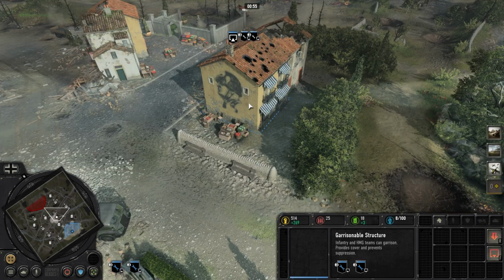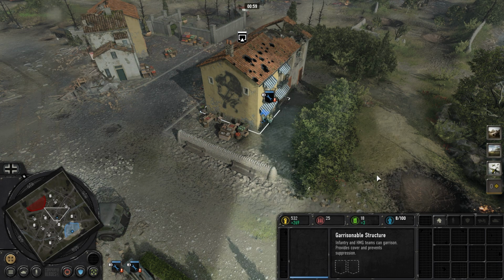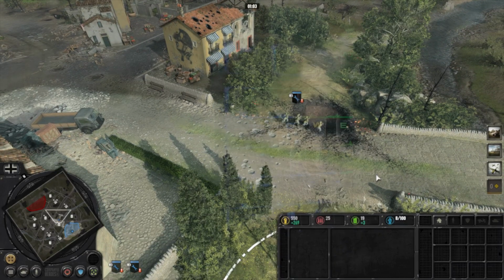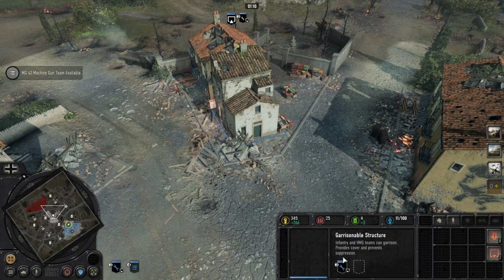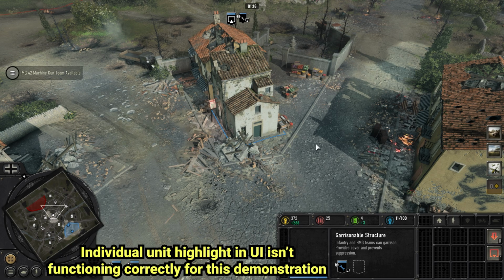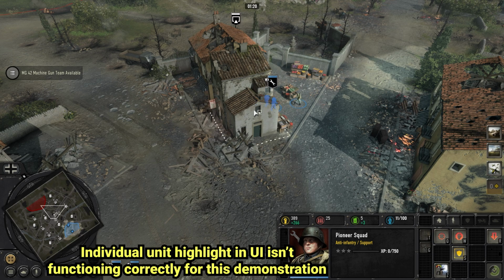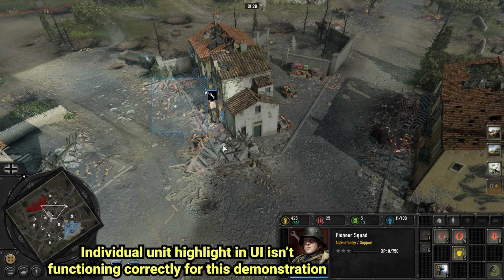And if you had multiple units inside the building but only wanted to retreat one of them, then you need a different option because it causes all of the units inside to retreat, and this is where the tab key comes into play. So with the building selected, if you push tab once, now you have the first squad inside the building as your selection, and you can simply right click in the direction that you want the unit to get out, and they will exit the building from the door that is closest to that direction and then start